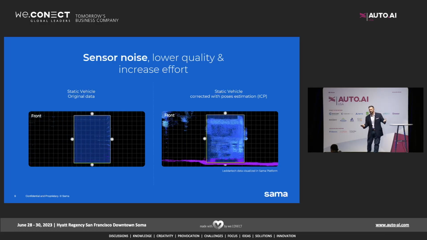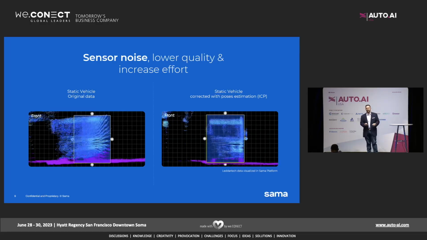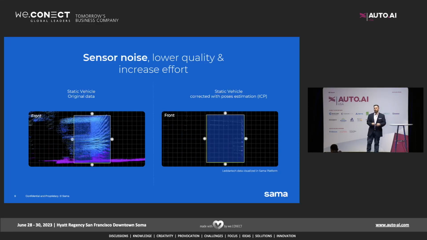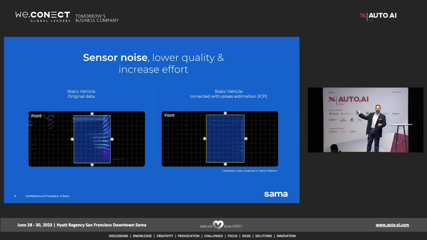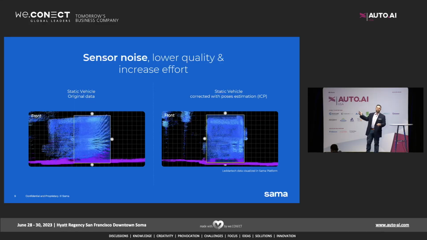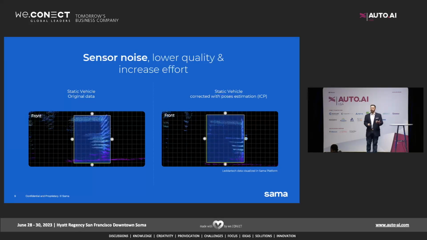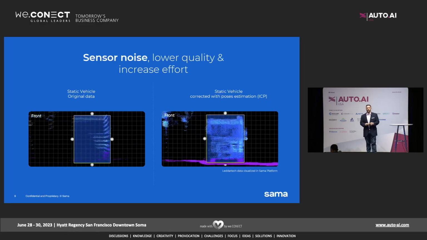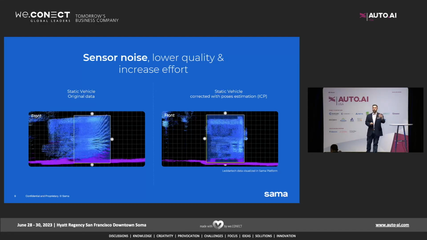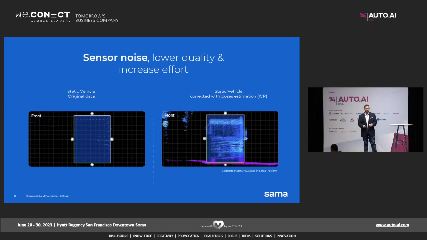Maybe I can use some linear interpolation. There's other ways I could handle that. Or once we've actually fixed the pose across every frame, we've got it consistent, then you can see I can drop a single cuboid at the beginning and capture the vast majority of that van on the right there. And so that's an example of where it's not just about sensor noise and quality, but also about the tools that are being used to annotate and what tools we're giving the human annotators to make it as efficient as possible.